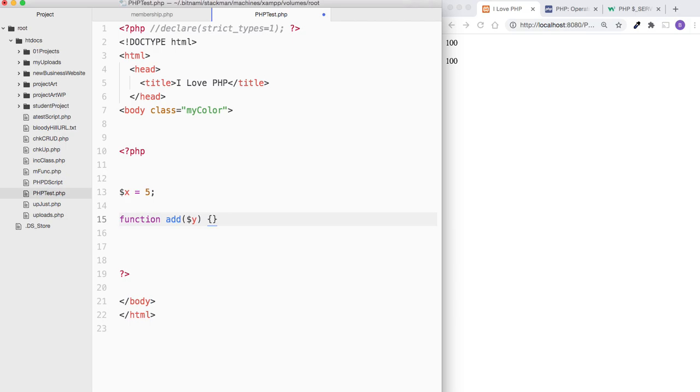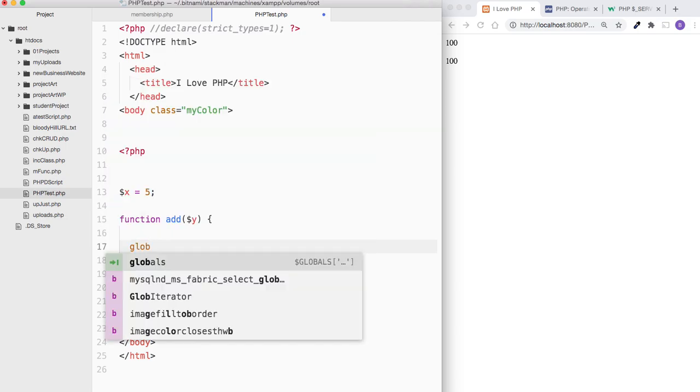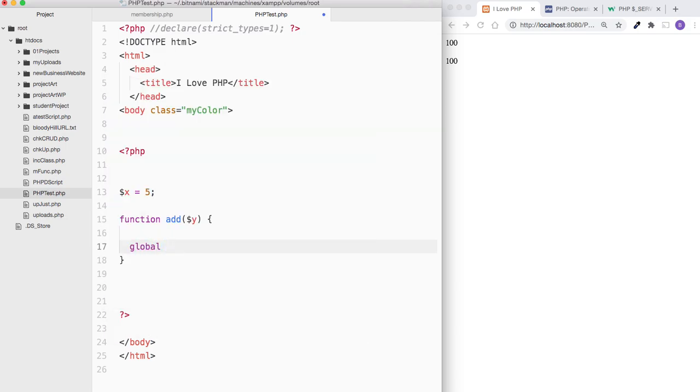That's a variable that we're going to pass on. We haven't assigned anything to it yet. So we're going to say global, like that, then $x. Then we're going to return the results, $x